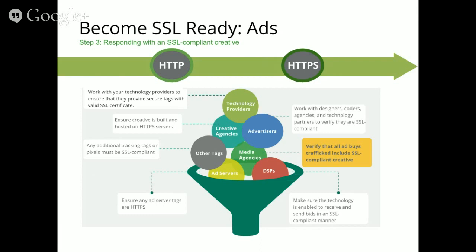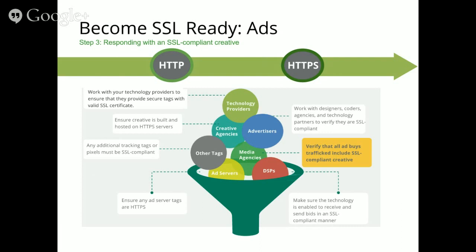If we detect a single non-secure pixel that's fired, we will then label that response and that creative as being non-secure, and it will get filtered out of the auction for any SSL impression. And the reason why this is complicated is because oftentimes within a creative you have several different parties involved. There's technology providers, third or fourth party vendors who are working with the advertiser in question. There are creative agencies who are actually putting together the creatives themselves, and there may be child creative calls made